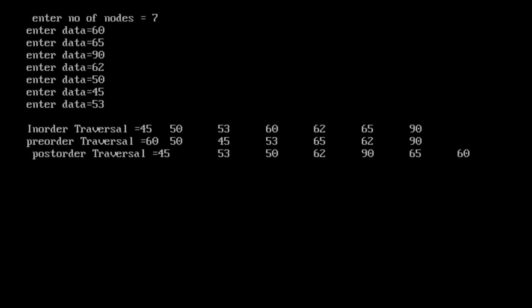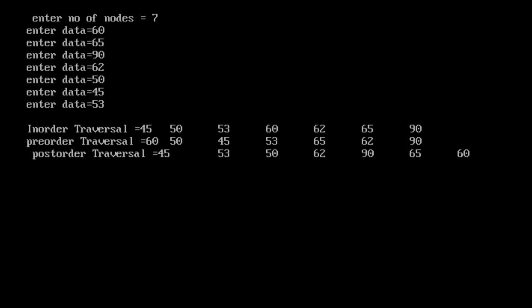So this is the in-order traversal of the binary search tree. There is one property of a binary search tree: if you construct a binary search tree of numbers and traverse it in-order, it will give you the ascending order. See, the in-order traversal is the ascending order of these numbers: 45, 50, 53, 60, 62, 65 and 90.